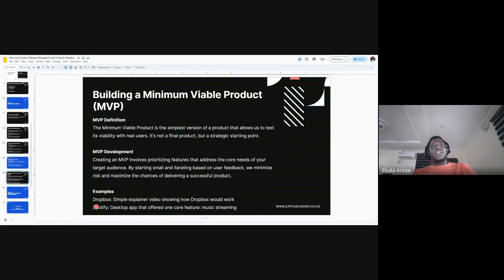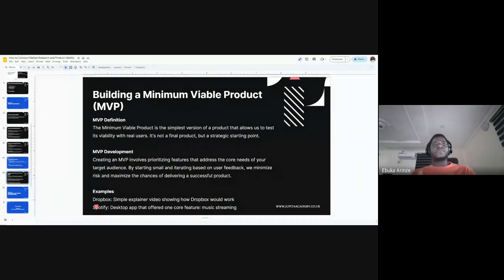Building a minimum viable product. One thing about product viability is that once you obtain understanding of what the users need, this is what guides your MVP. Because MVP is also something that helps you easily determine the outcome of your market research as well as your product viability early enough. Because what MVP means is minimum viable product. This is the simplest version of a product that allows you to test its viability with real users. It's not the final product, but it's